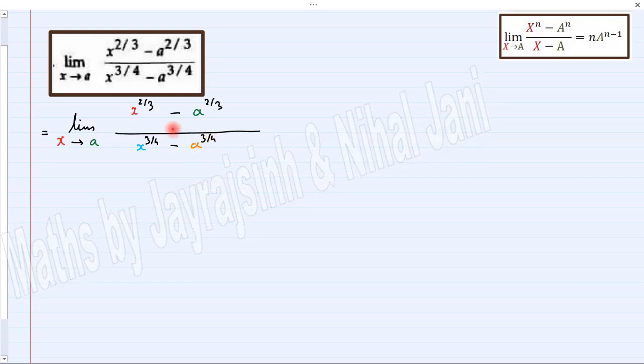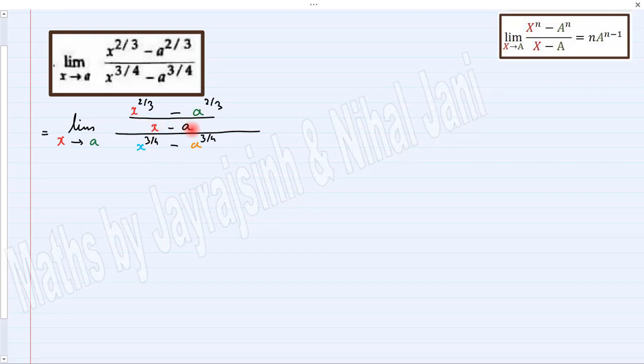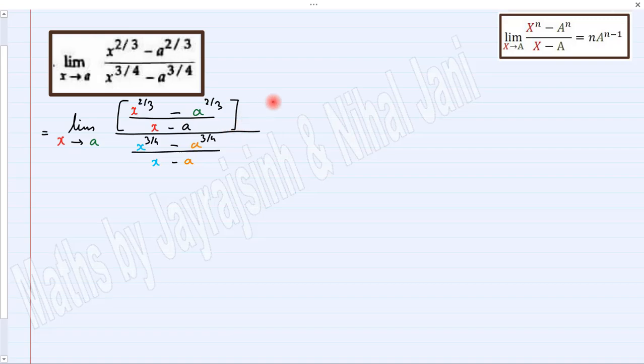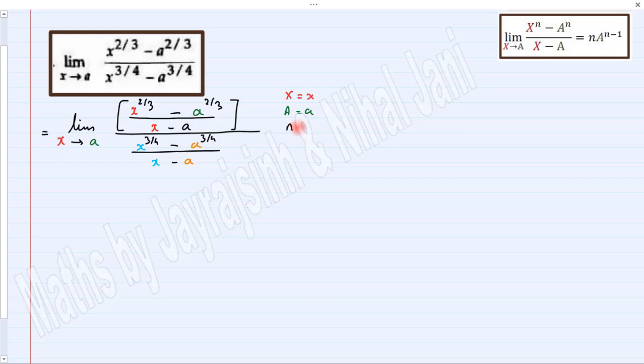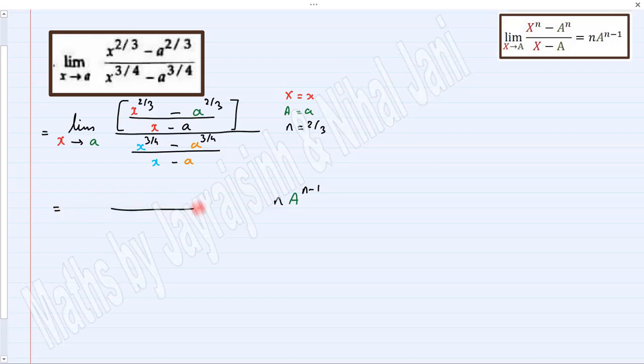Now, if we compare with the standard form, you will realize that we need x minus a in the numerator as well as in the denominator. So let's divide by it. So we get the standard form, where capital X is X, capital A is A, and your N is 2 by 3. So by applying the formula, we can obtain answer using right hand side, which is N into A raised to N minus 1. So your numerator will be 2 by 3, a raised to 2 by 3 minus 1,